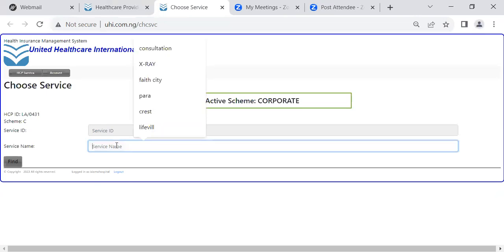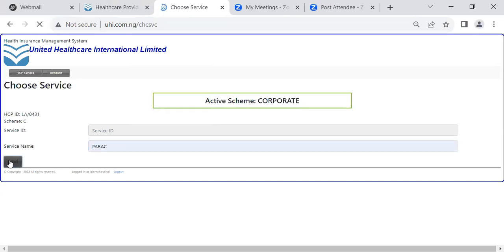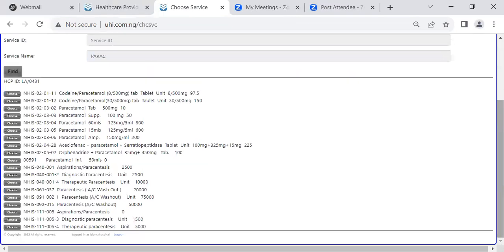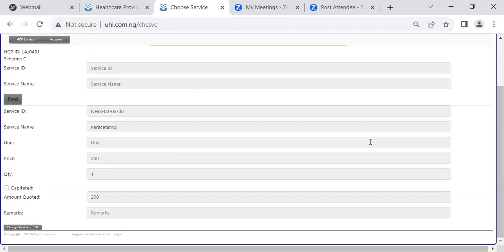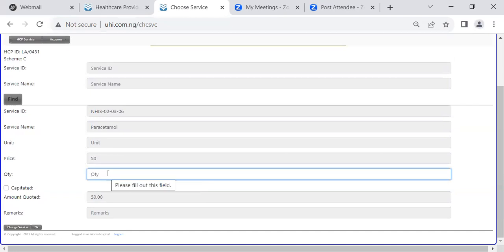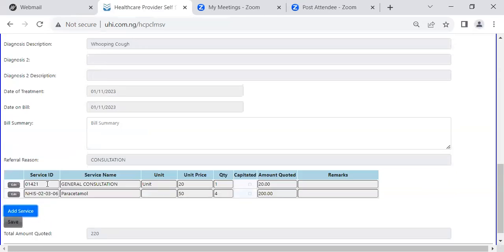So the next thing can be lab test or a drug name, paracetamol, for instance. And I'll click find. Now you have an endless list of paracetamol in quantity, size, or whatever. Please disregard the ID preceding it. It's just a nomenclature for us to differentiate it. So if I'm choosing the paracetamol, maybe it's tablet or whatever, I'll choose the one that best describes what I gave or administered. Then the price, if it is 15 naira per one, indicate the quantity. If it is 10 or 4, put it there and click on OK. And you say like that. If you observe, the entries are being made